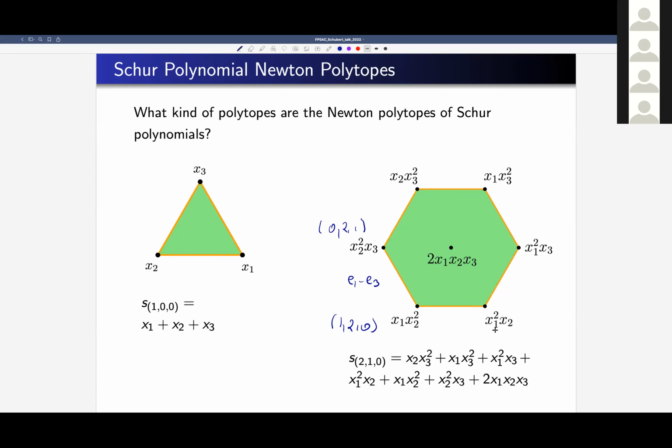And then similarly, if you look at the other directions, let's look at one more. Here we get e1 minus e2. So we'll get e_i minus e_j in general. These are very special polytopes with these edge directions. And so far on this picture, it appears, but who knows, we'll answer it, that all the integer points actually correspond to monomials with non-zero coefficients, which would say that these polytopes capture the support, like they actually tell you what the support is, if not the coefficients.